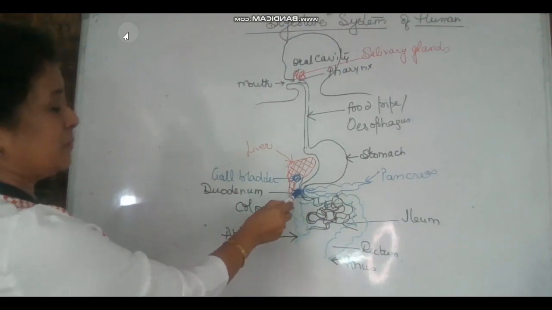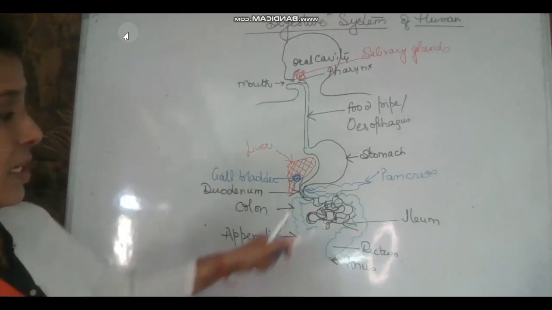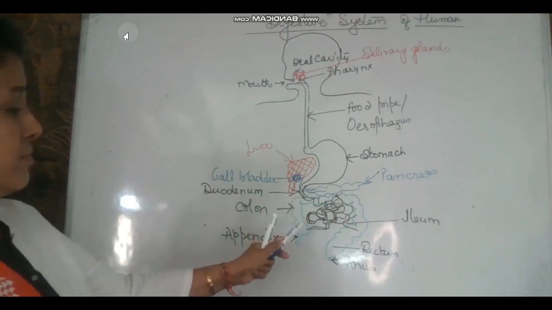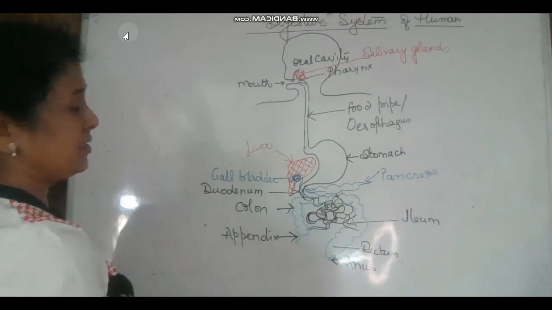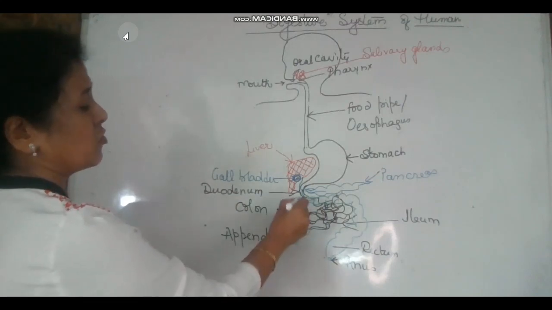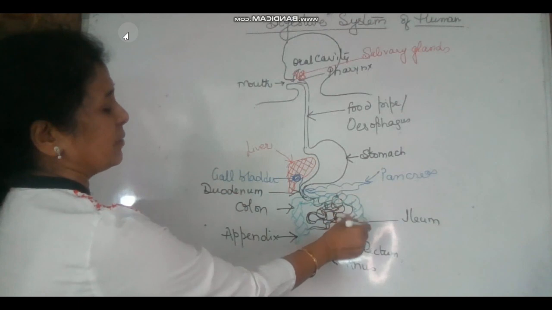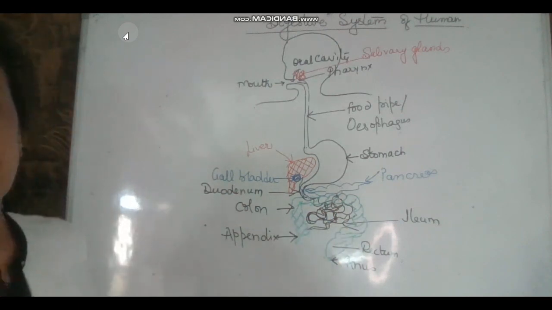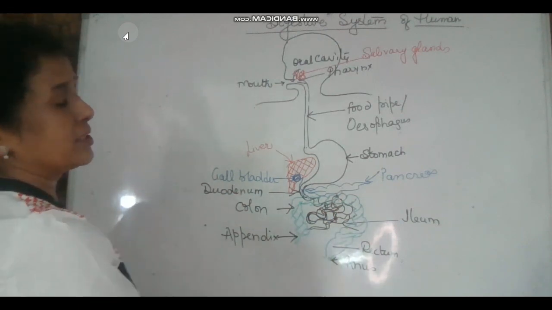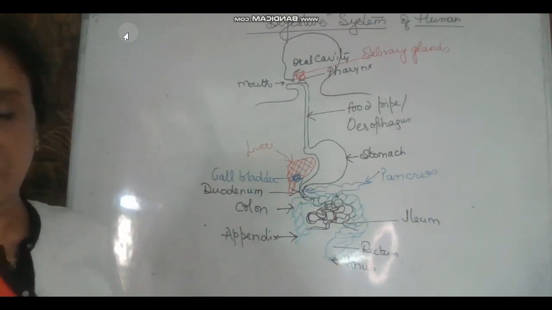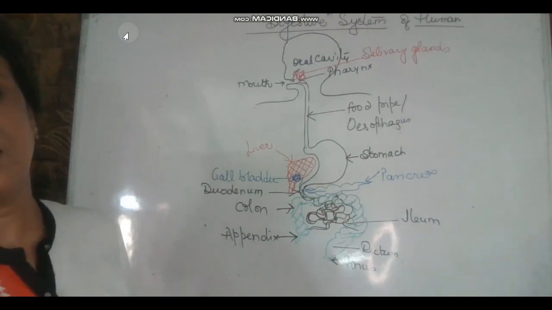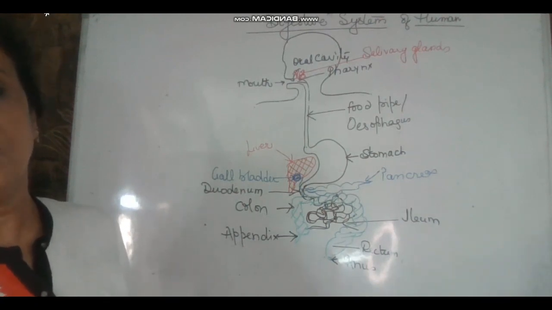And now the food is completely digested in duodenum, absorbed in the ileum, undigested passes into this large intestine, and during this passage, water and vitamins are absorbed in the large intestine. Undigested is stored in the rectum for some time, and through anus it is thrown out. Have you drawn with me? Do the practice. Now let us do respiratory